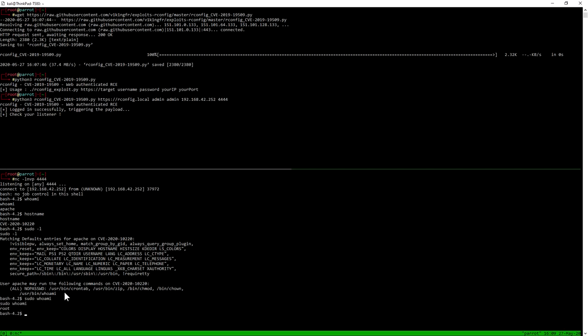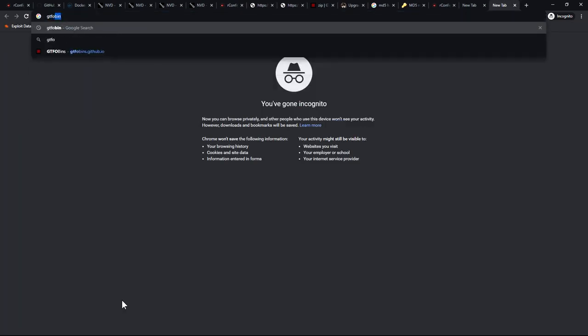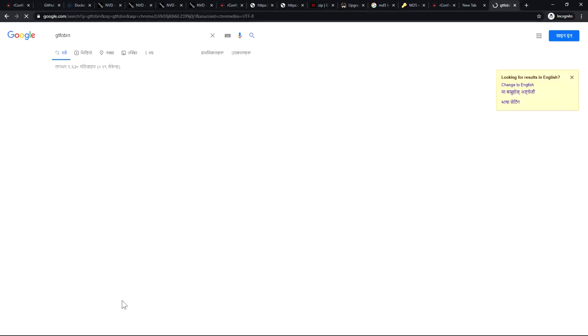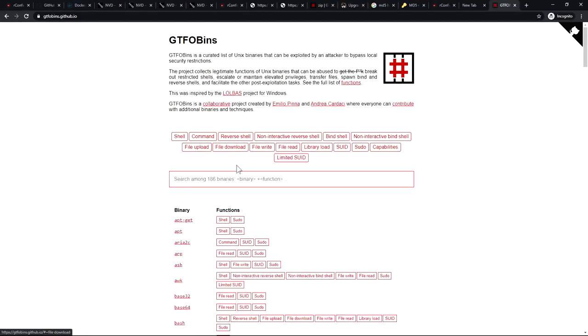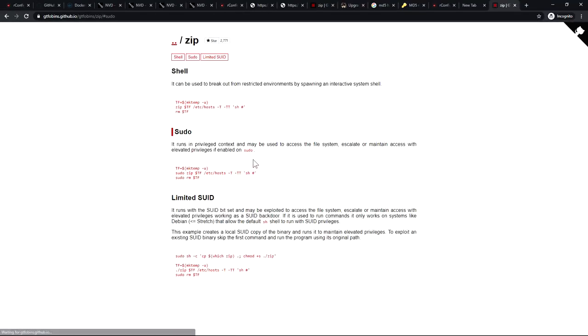Now to get an initial access as root on the system, I'm going to search for an exploit for zip on the popular website GTFOBins. If I search for zip, yes, I do have a vulnerability which can escalate my privilege.